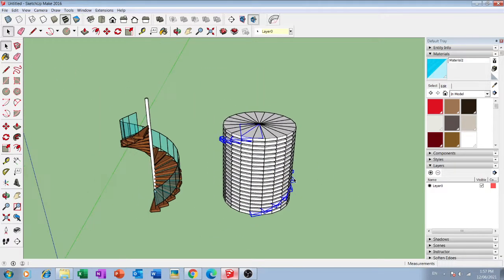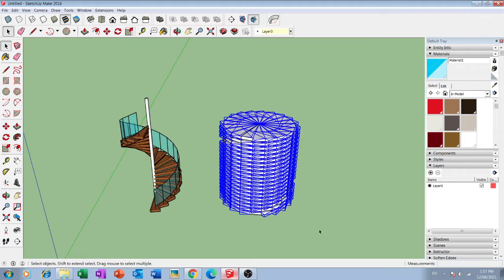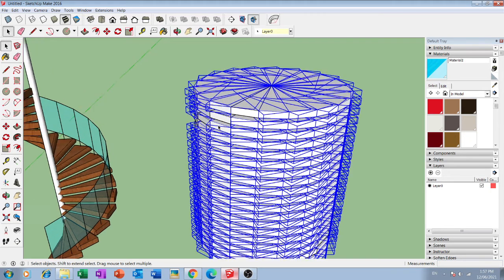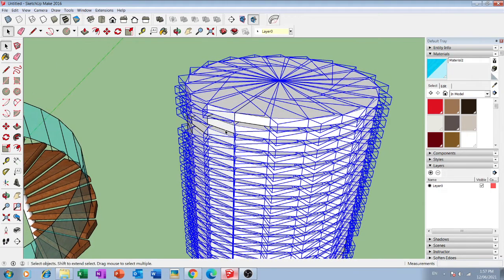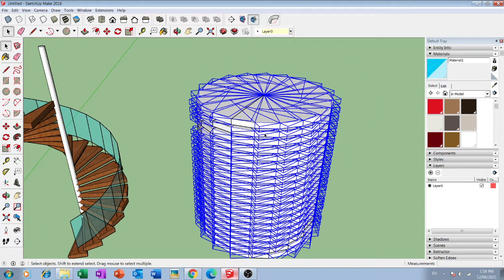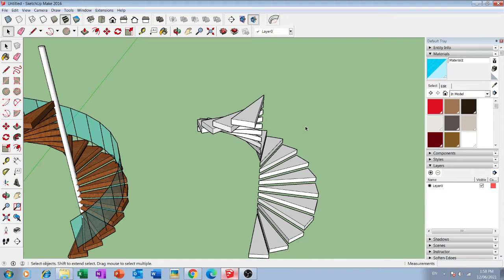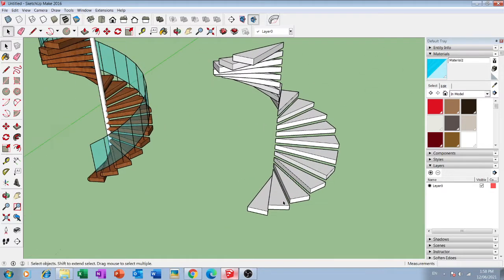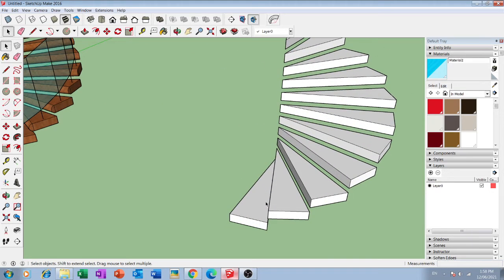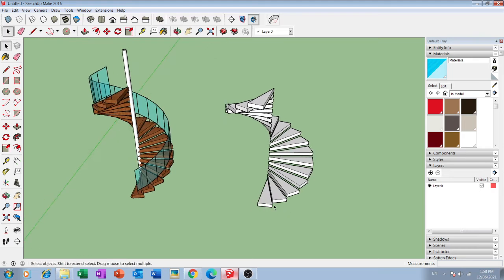Then we'll press the shift button and select the entire object. See what will happen, whatever object we selected earlier will get deselected and the entire object selected now will get selected. Simply press the delete button. So the steps in a rising form will remain as they are and the remaining part will get deleted.